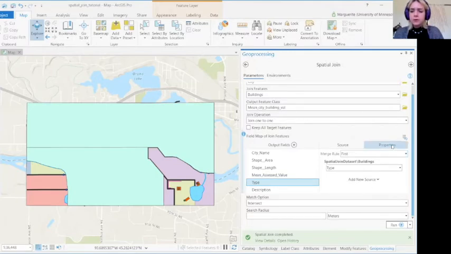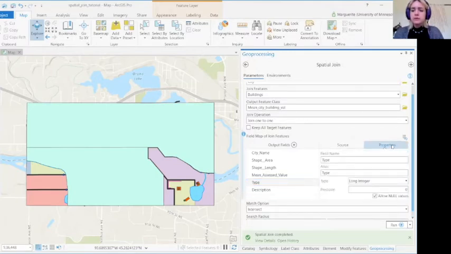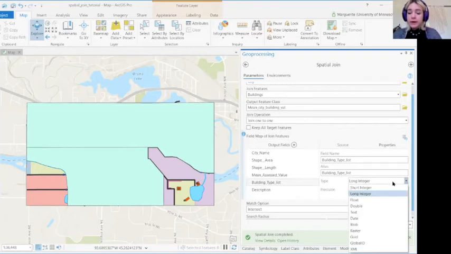The first thing I'm going to do is move to my properties tab. I'm going to change the name of this field to reflect what data I'm going to be putting into it, so I know what it is when I open my output table. I'm going to change this to building type list, so I know that it's a list of all the building types. And in order to make a list, I'm going to change the type of data that's going in. So I'm going to change this to